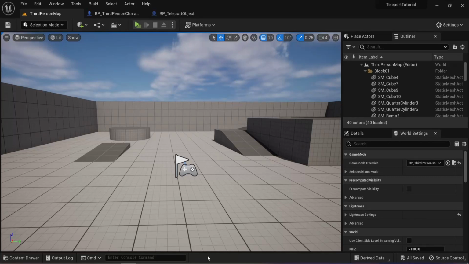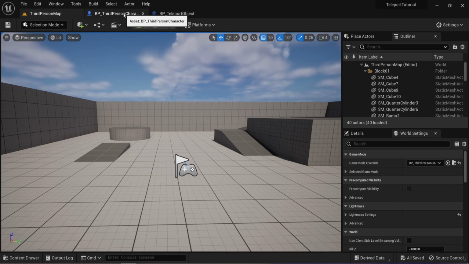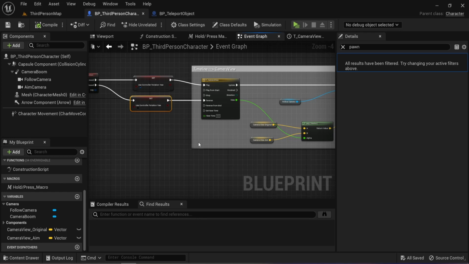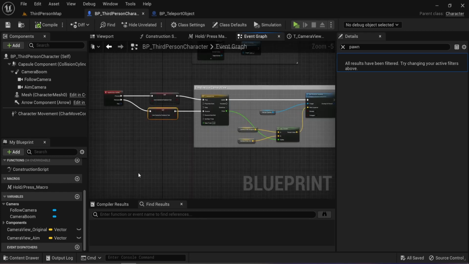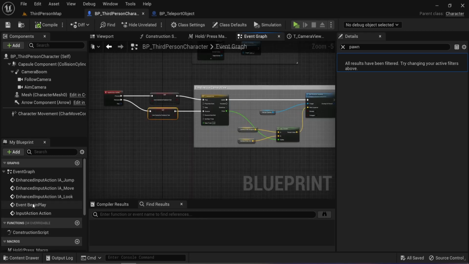Hello everyone. In this tutorial, we are going to create a line trace to spawn the teleport object. So let's get started. Back to where we left off in the previous tutorial part, just under the third person character here. First things first, we need to create the two functions for